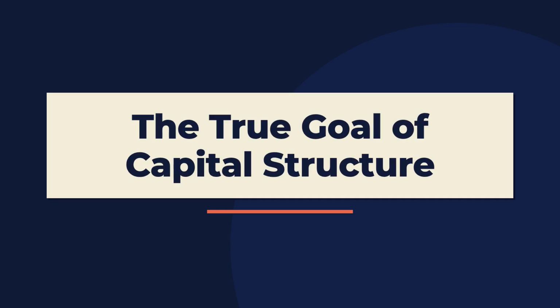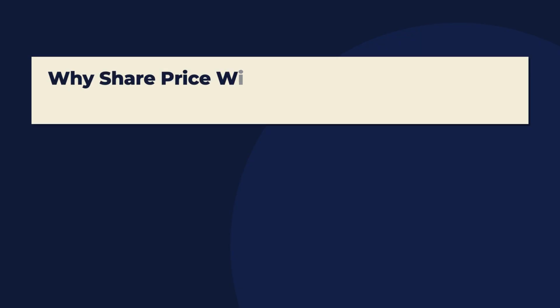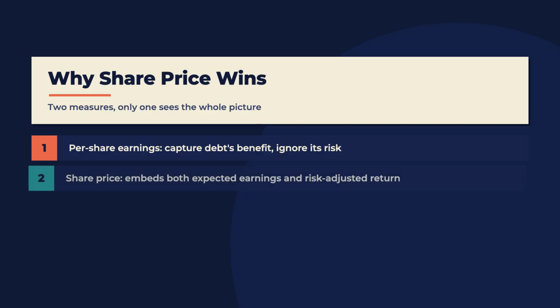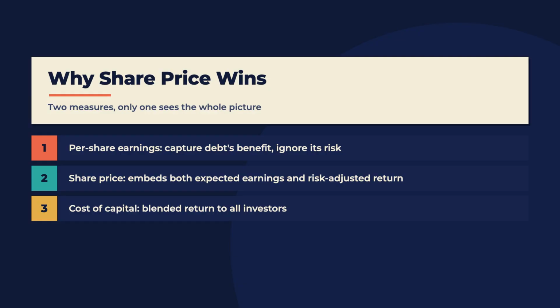Capital structure policy has one governing rule: maximize the firm's share price, not its per share earnings. Everything else in this topic exists to defend that single sentence. Per share earnings capture the benefit of debt but stay blind to its risk. Share price is different. It embeds both the expected earnings and the risk-adjusted return used to value them. Since the cost of capital is the blended return paid to all investors, minimizing it and maximizing share price describe